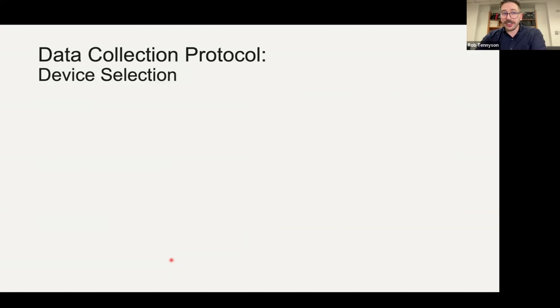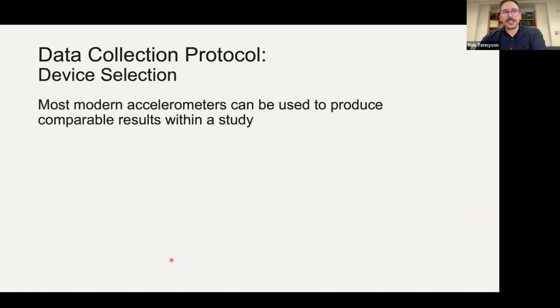With that, I'll jump into device selection. I do want to start out by saying most modern accelerometers can be used to produce comparable results within a study. Some of it will depend on how you operationalize the data you're going to use. For downstream processing, as long as it's a device that you can get the raw accelerometry data from, there's a good chance you'll get something similar to another study. You might not be able to directly compare these all the time,